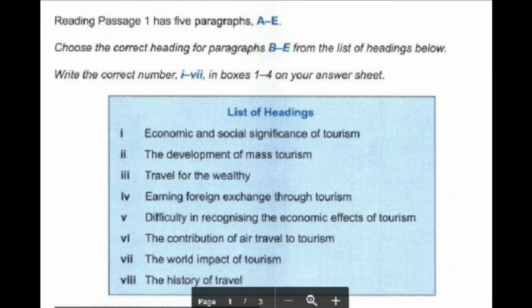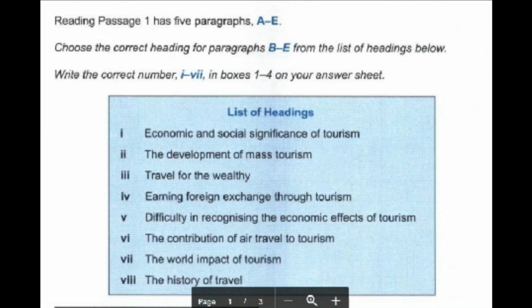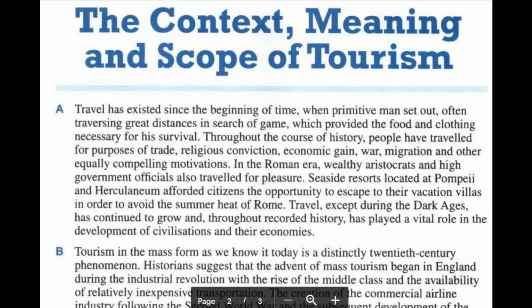If we look at the headings, we have economic and social significance of tourism, the development of mass tourism. One point I would like to highlight over here. Let's go back to the first paragraph. Just look at the last sentence. Let me read that sentence. Travel, except during the dark ages,